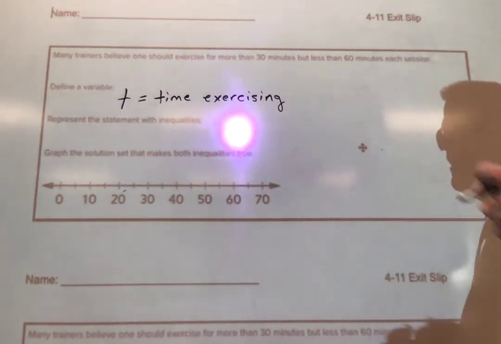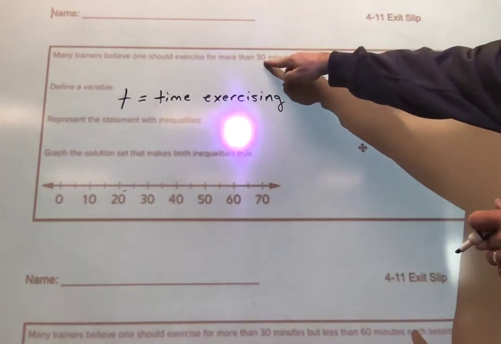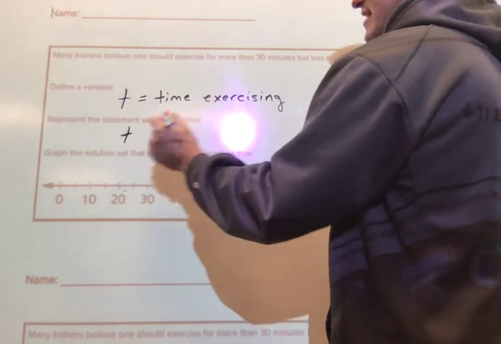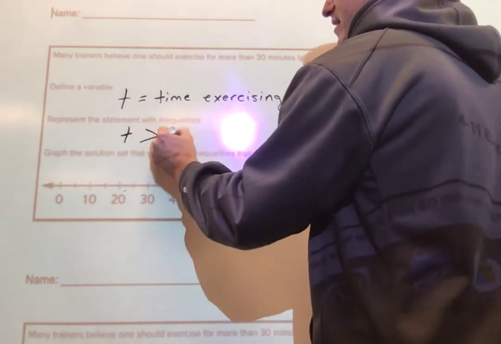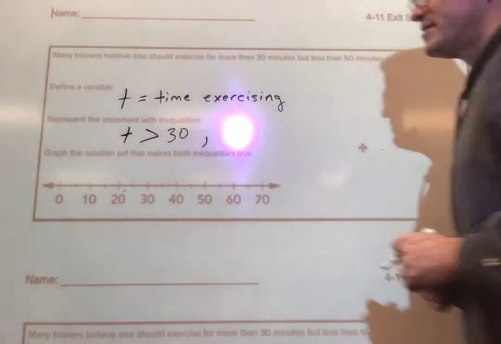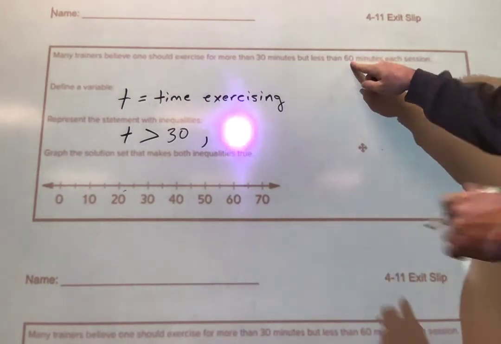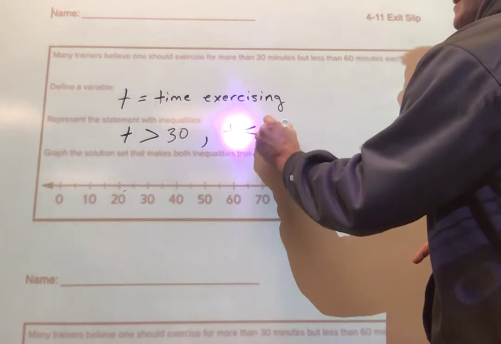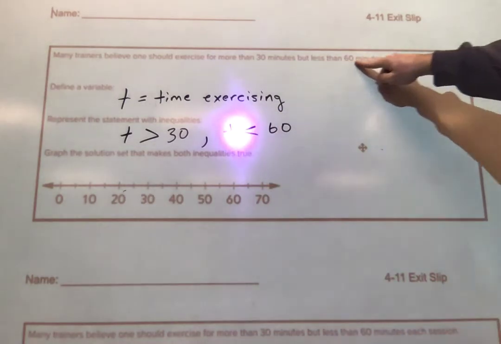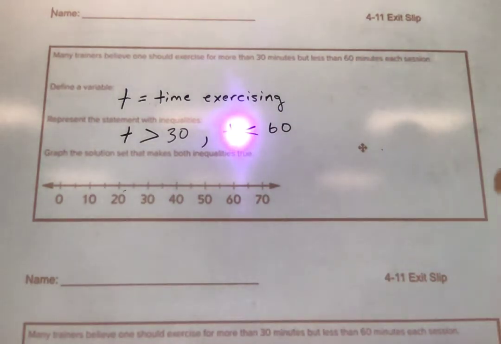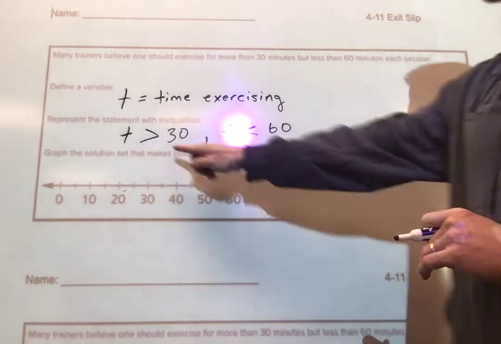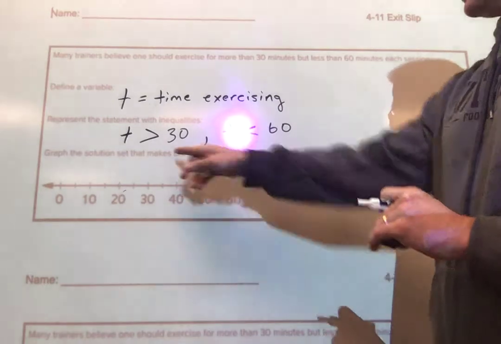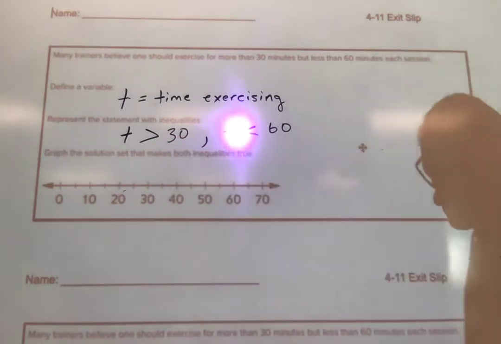All right, so how much time do they recommend that we exercise? Well, they say more than 30 minutes. So you can say T, or your time exercising, has to be greater than 30. I'm going to use a comma here to separate. But at the same time, that time exercising has to be less than 60 minutes is what they recommend. It's got to be less than 60. Notice it doesn't say exactly 60 or exactly 30, so I did not put greater than or equal to here. It's more than 30, so we don't want to include 30, so that's why T is greater than 30 and